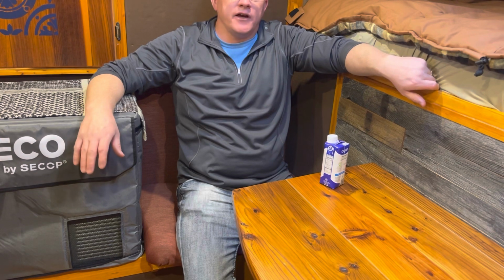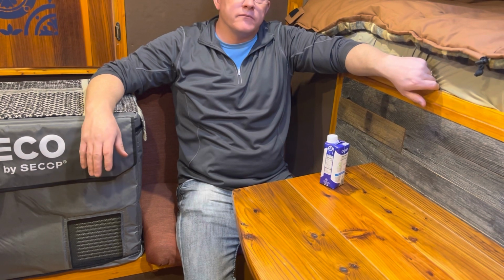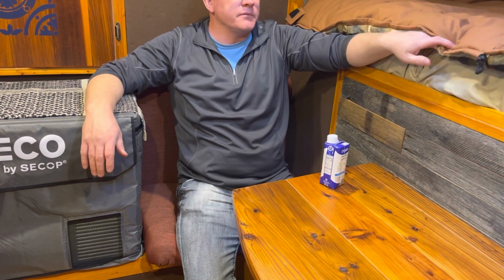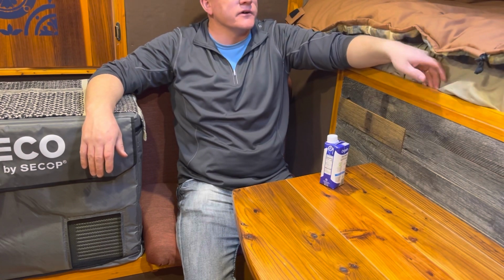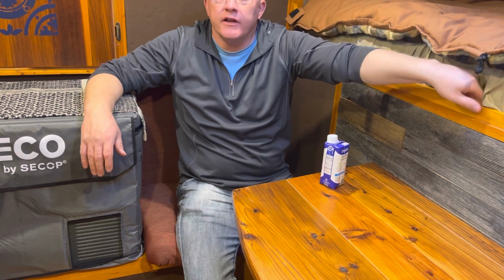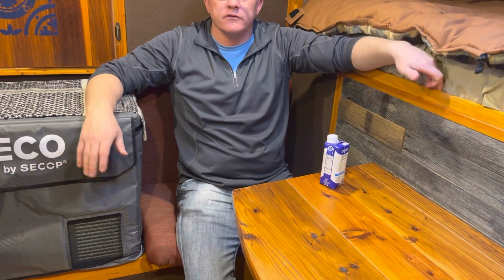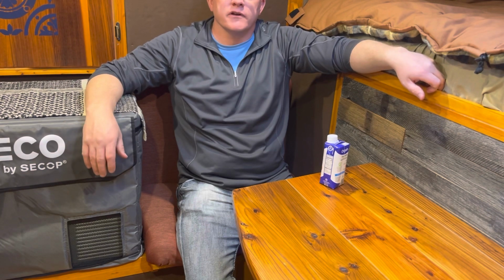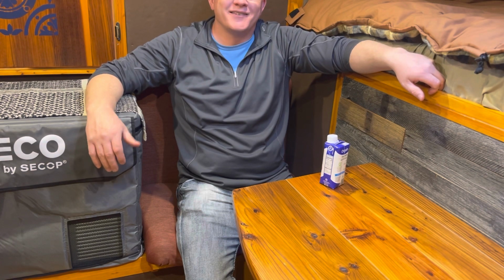I slept 6 hours, and then I ended up waking up, not because I was cold. I have a minus 20 sleeping bag here, so I was snug like a little bug in a rug, as they would say. But I did wake up, and I jumped down to immediately check the temperature. It was 15 degrees out, and it was 48 degrees inside of the camper. So in a 6-hour period,